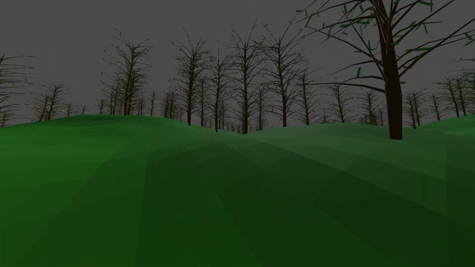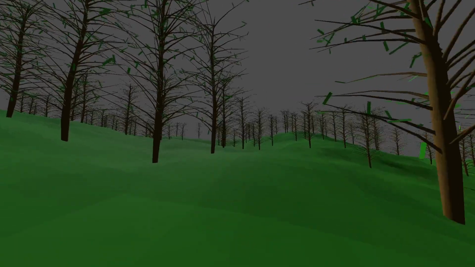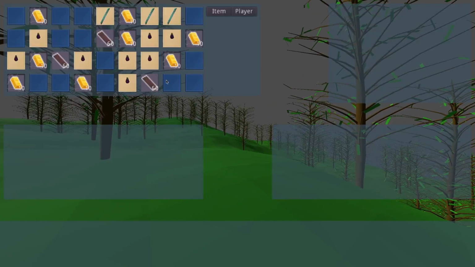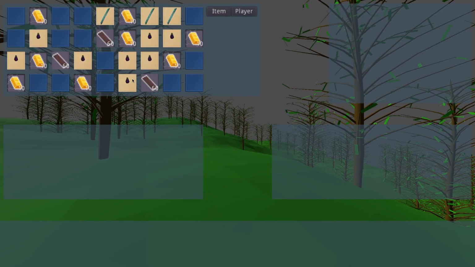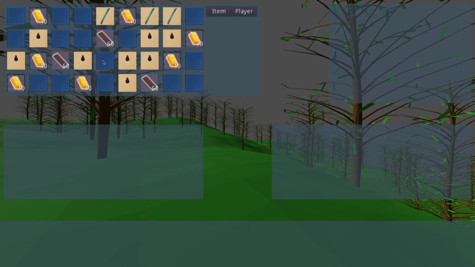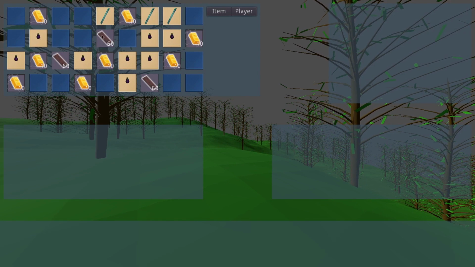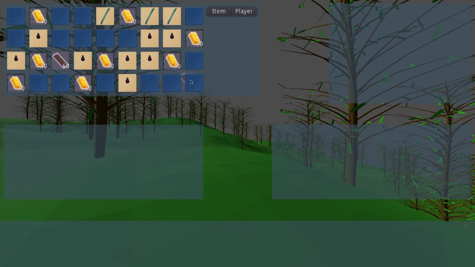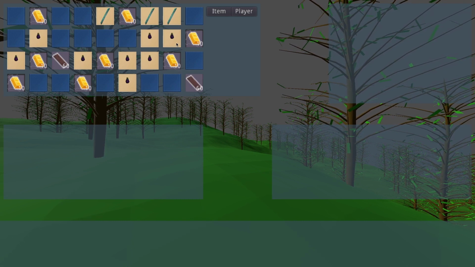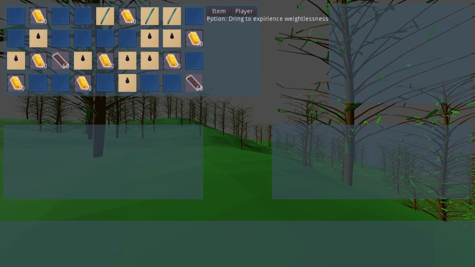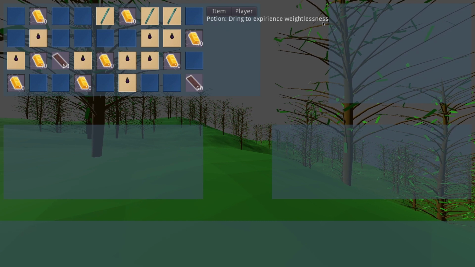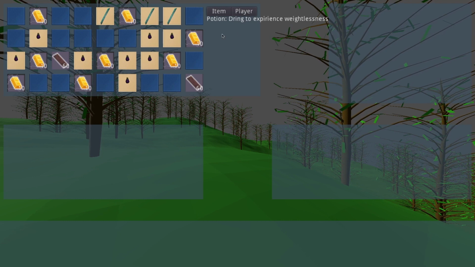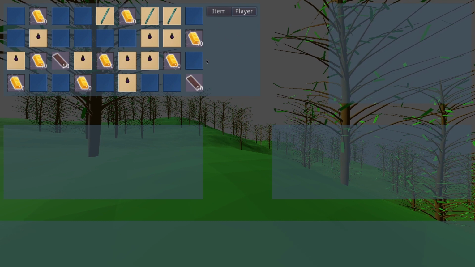So if I come up here and park my Batuski on this hill, and I open my inventory, you can see that we have an inventory being generated, and you can move around items just like you could before. Yep, just laggy because I'm using OBS in the background. But I can click on a potion, and I can get its tooltip here, and I can click on the player,